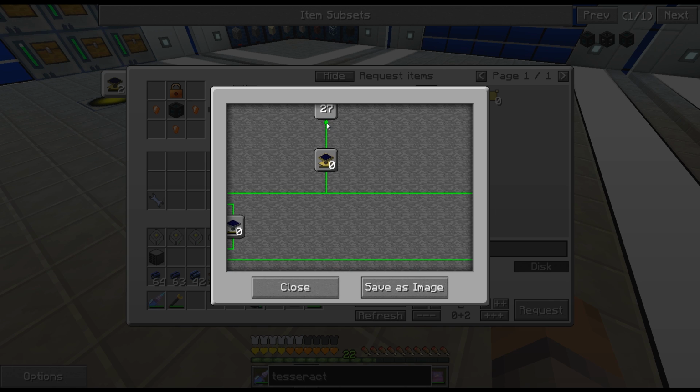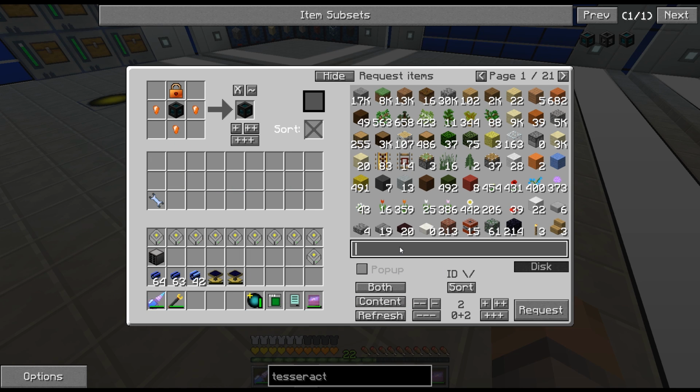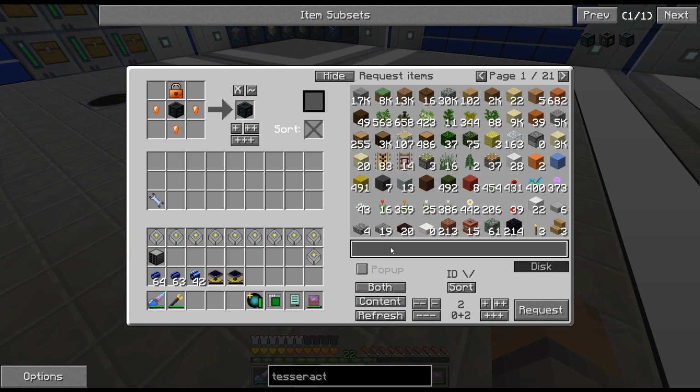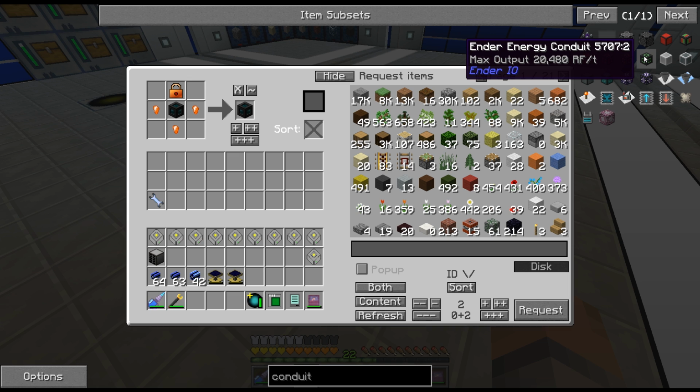What? Oh, I guess it's coming here. There we go. Now it's done. We got 2 of these. Awesome. Let's see if we have any conduits. I have no power conduits, so I gotta make some of these also. And within our base there, we are going to fully switch to only...